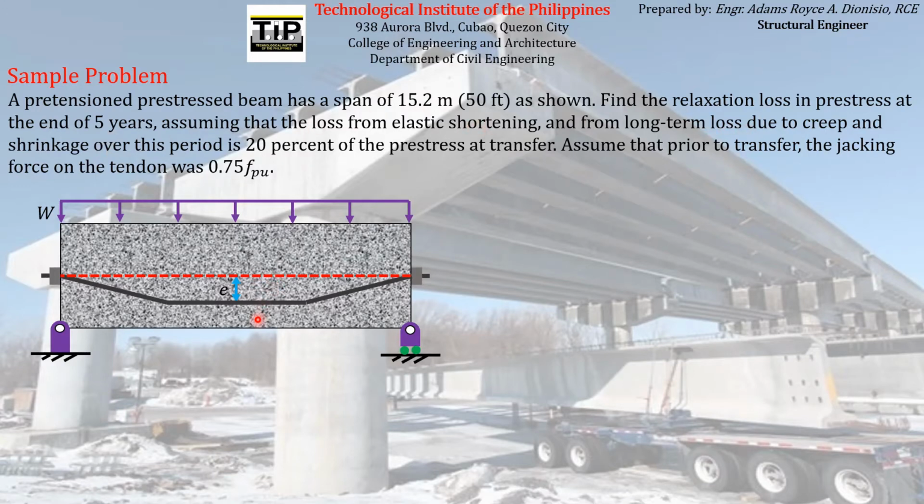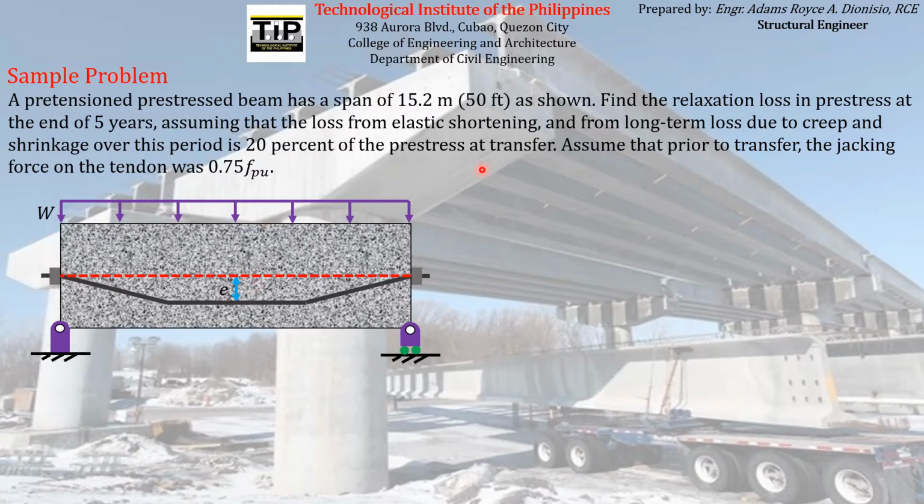So after 5 years, the question asks what will be the estimated magnitude of the relaxation loss in the pre-stress after this pre-tension beam has already experienced the losses that it is supposed to experience,